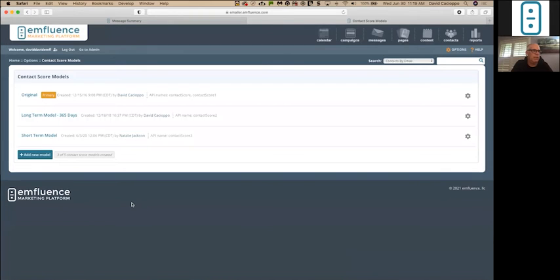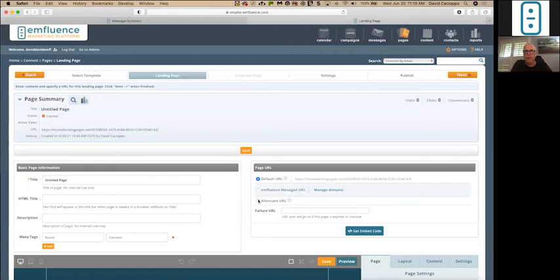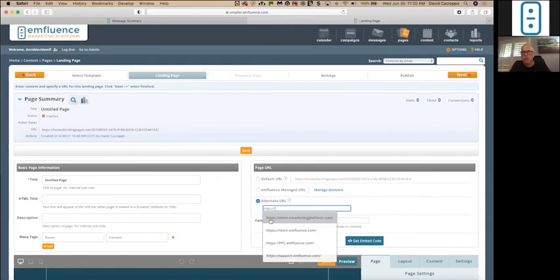All right, so let's go over to a quick update on landing pages. This is really just a convenience item that we've added. If you are going to use an alternate URL, and that's what we recommend in most cases, that means you're going to set up a subdomain that points to our server. If you don't remember exactly which ones you use, we put a helpful tip here for secured subdomains. As soon as I click on the HTTPS, it shows me a list of the ones that have been registered. So we've got